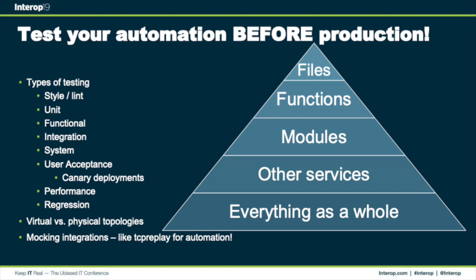But even backing up before we get to devices, from the software development world, there are so many different things that we can test. And each of these things are kind of broken down into some common areas. The breadth of what they cover grows as you go down this chain. So looking at style and linting, what do those mean? Linting is making sure that something can parse, making sure that the tools can read